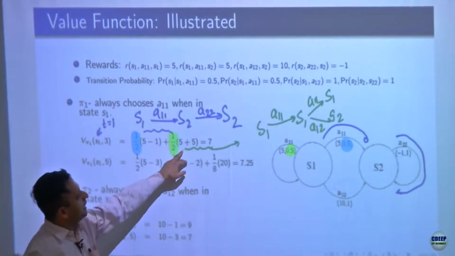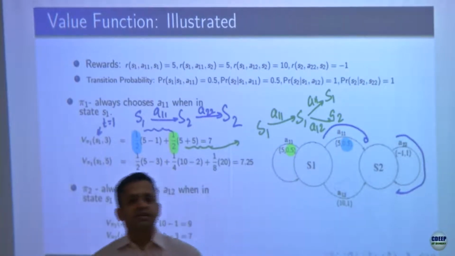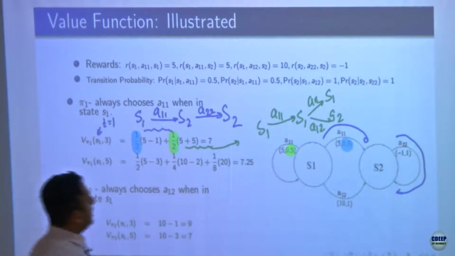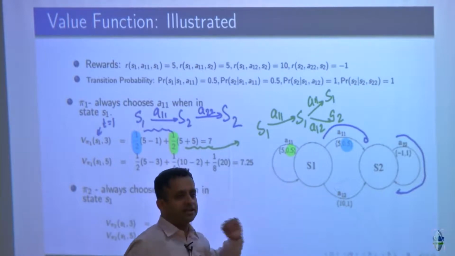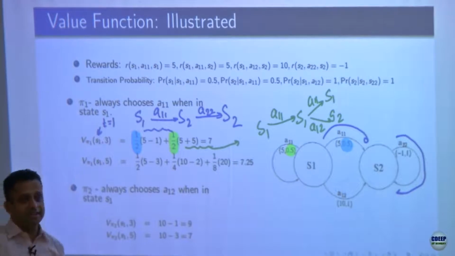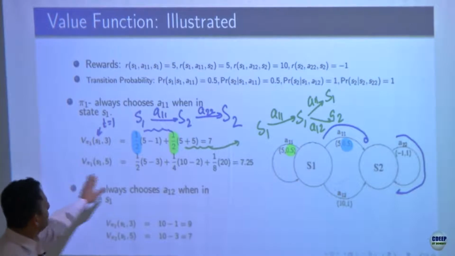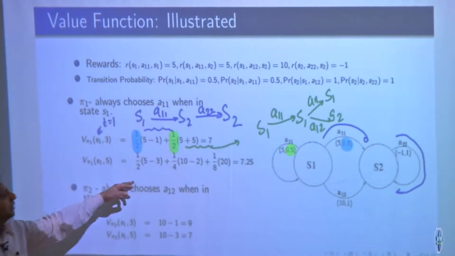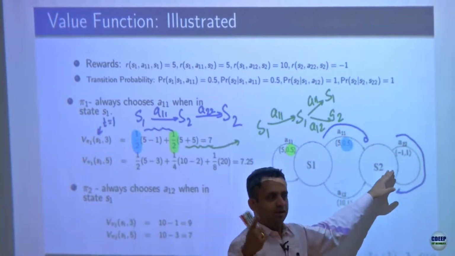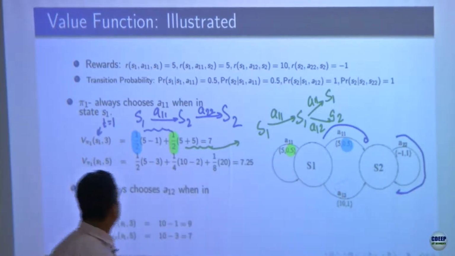The green part we highlighted was the other path, which is I might keep walking around in S1 itself. I might keep walking around the cliff and safely remain on the cliff, right? So this gives you the other trajectory. So the sum of these two is V pi 1 S1 comma 3. This is up to a path length of 3. You could do this for 5 as well, right? You might transition from S1 to S2 in 1 step and then loop around 3 times, so that by the 5th time step you are in S2,